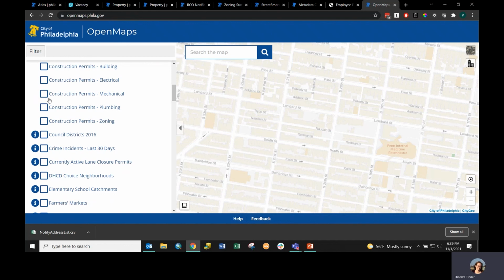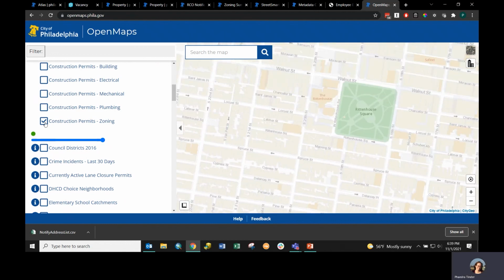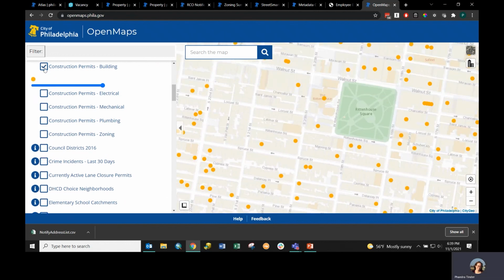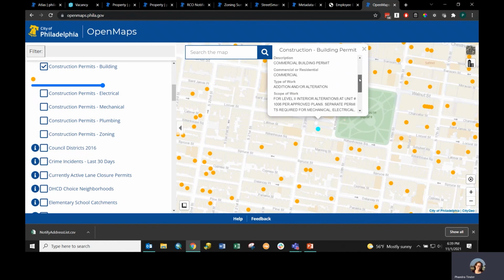So let's take a look at zoning permits. So this is going to show us zoning permits. Well, that was a bad choice. Let's look at building permits. Okay. Clearly, there were no zoning permits requested in that area in the past year. So we can see within the past year information about this permit. So we can see the number, type, description of what's going on there, when it happened, and what its current